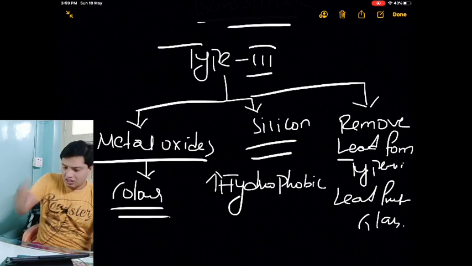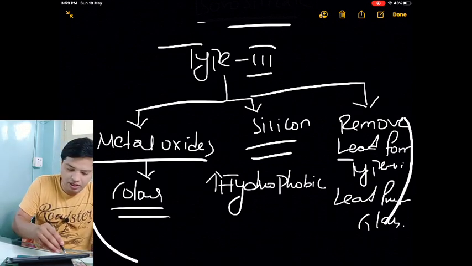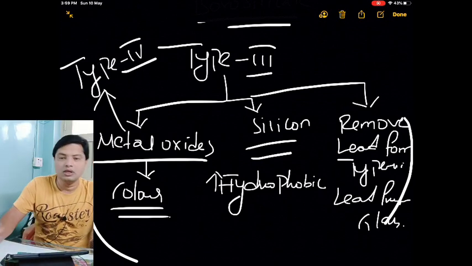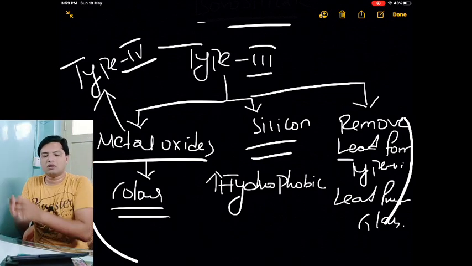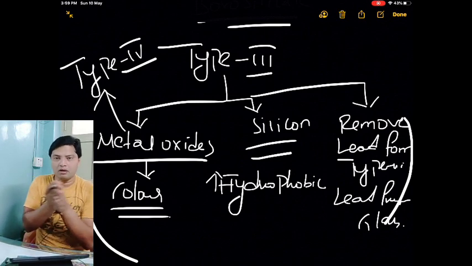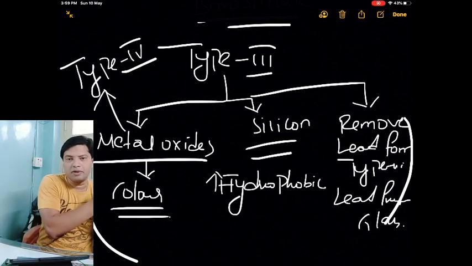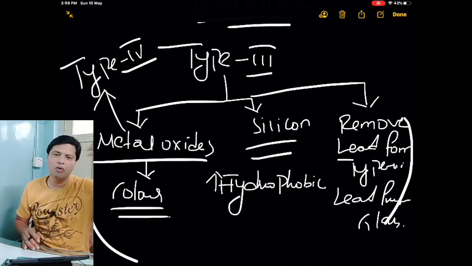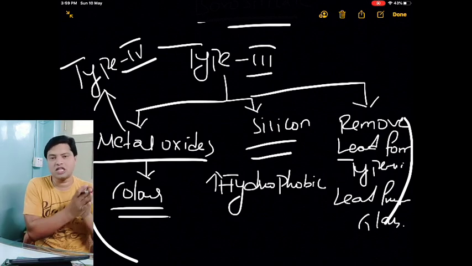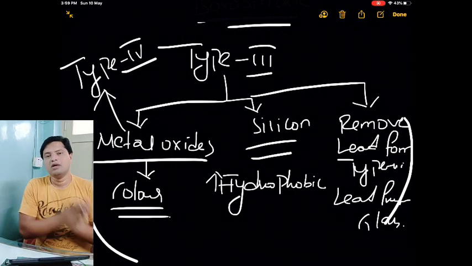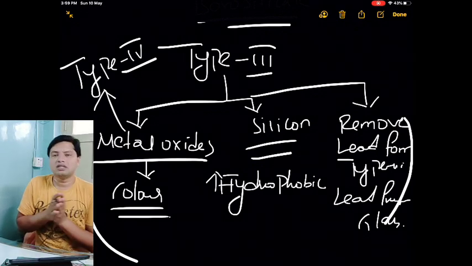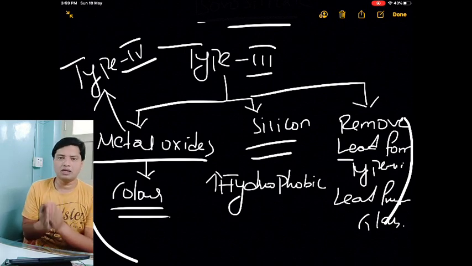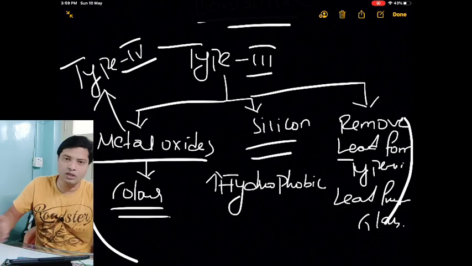Okay, all this type of glass we call type 4. This type of glass is more reactive compared to type 3. Type 3 is more reactive compared to type 2. Type 2 is more reactive compared to type 1. Because type 3 is being treated with boron, it will become more and more unreactive. We call it type 1, that is borosilicate. We treat type 3 glass with sulfate, hence we call it treated soda lime glass, or you can say type 2 glass.